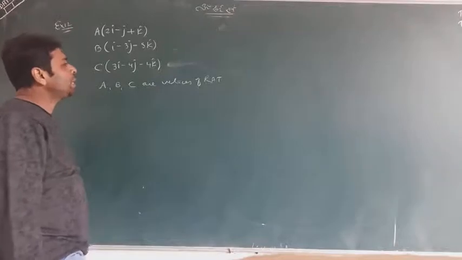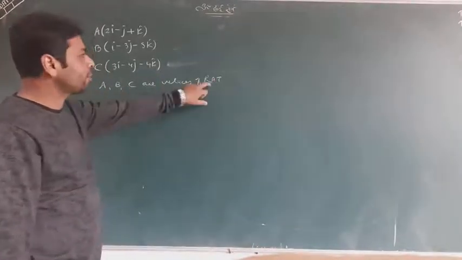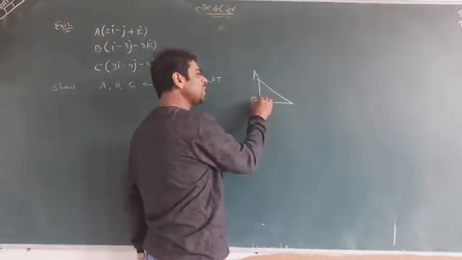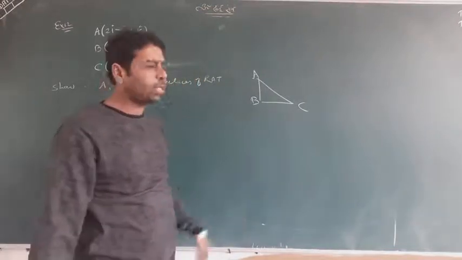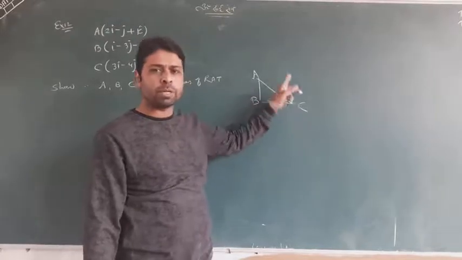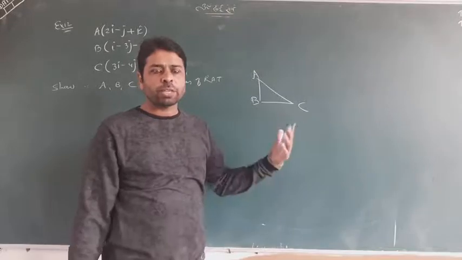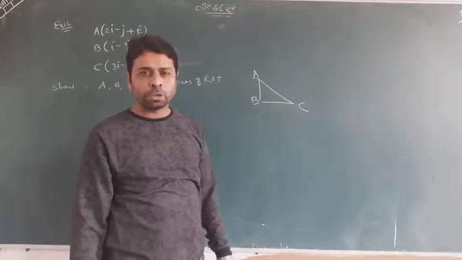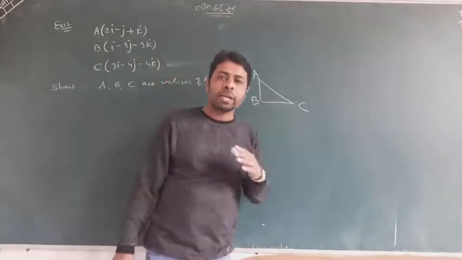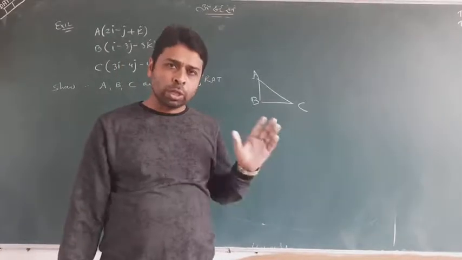Now let me explain a very good concept. We want to show ABC is a right angle triangle. What is a right angle triangle? You know it. I suppose this is A, this is B, this is C. I am not sure that the point where I plot it is correct or not, because A may be here, B may be here, C may be here. But okay, I plot initially. So how can we show it is a right angle triangle? We will use the Pythagoras theorem. We have one more thing, that one angle is 90 degrees, but the concept of angle I have yet to teach you, so I am going on with only the Pythagoras theorem,